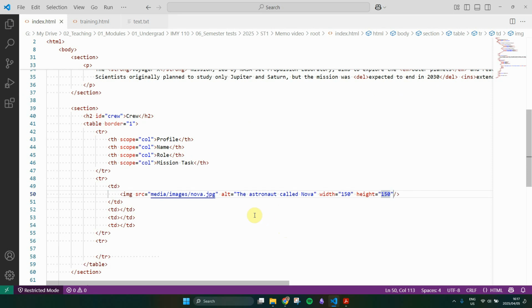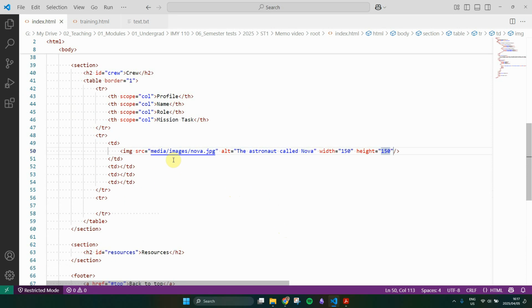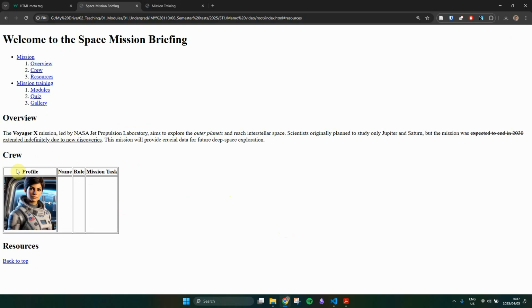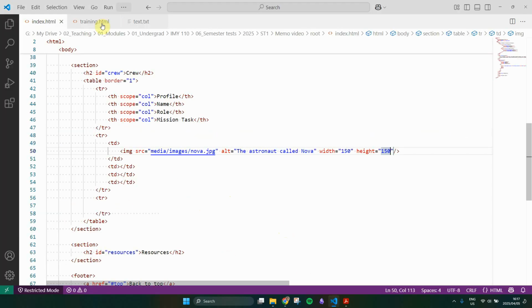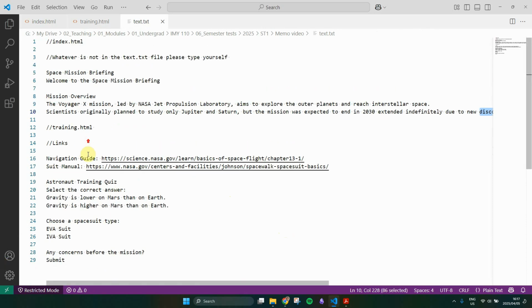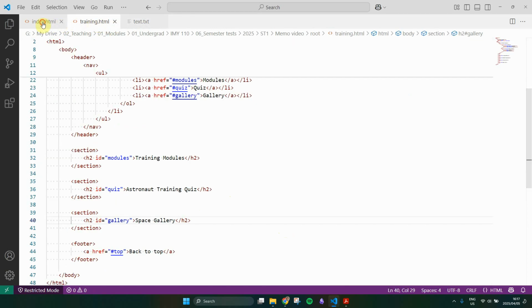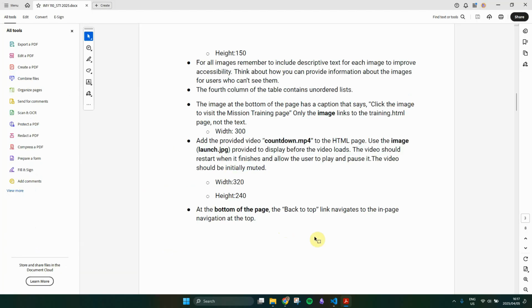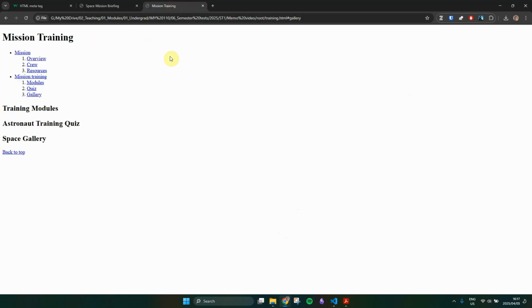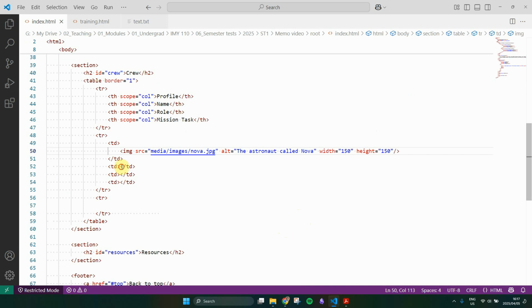Okay. So I'm gonna cheat, no, it's fine, let's carry on. Let's take a look and make sure this has actually worked. Yes, okay. Now we just have to add the rest of the information, which I'm gonna get from this text file. So, oh, it's not in here, okay. Cool, let's just grab it from the screenshot then. Nova Armstrong, Commander, Navigation and Communication. Okay, so we got